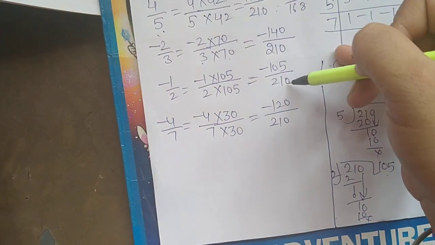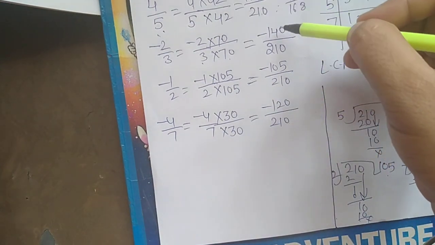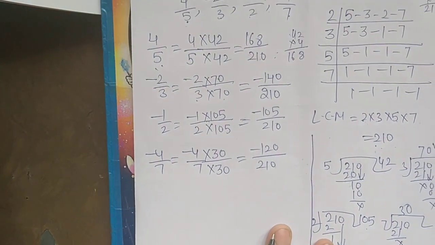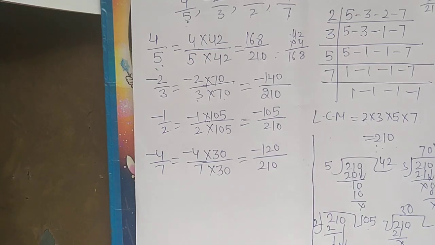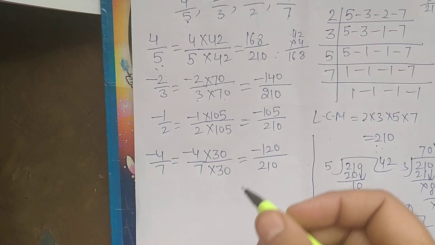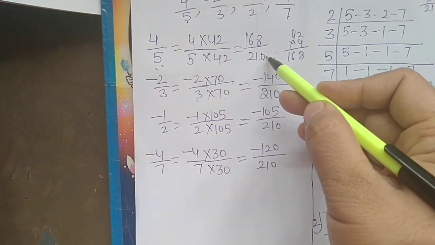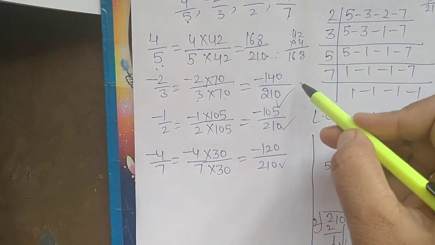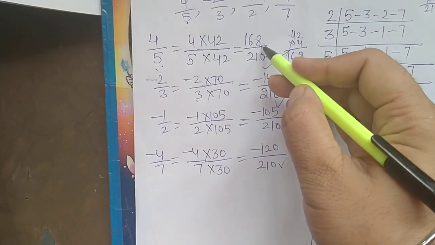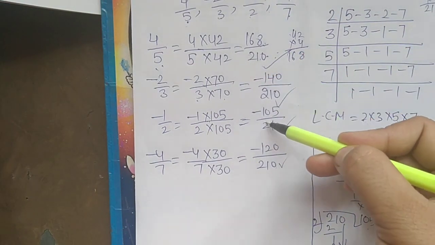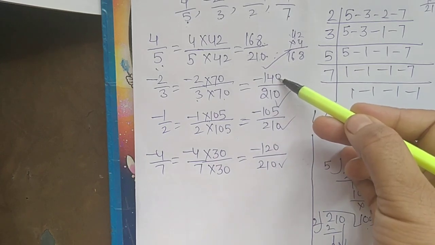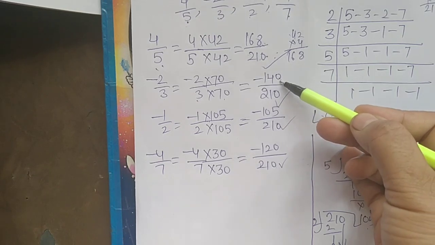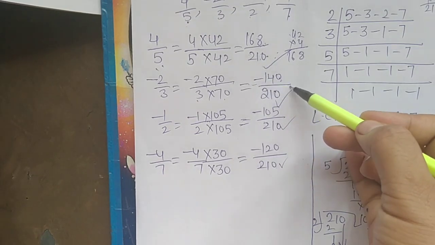Now these are the equivalent fractions. Here we can compare these to get the ascending order. For ascending order, we will consider the smallest value first. How will we compare? This is positive, so this will be the greatest number. Check the numerator because denominators are same, 210, 210. This number is positive, so it is greater. We will have to compare these three numbers. So the greater number with the negative sign will be the smaller number. So minus 140 is the greater number, but with the negative value, so it will be smaller.